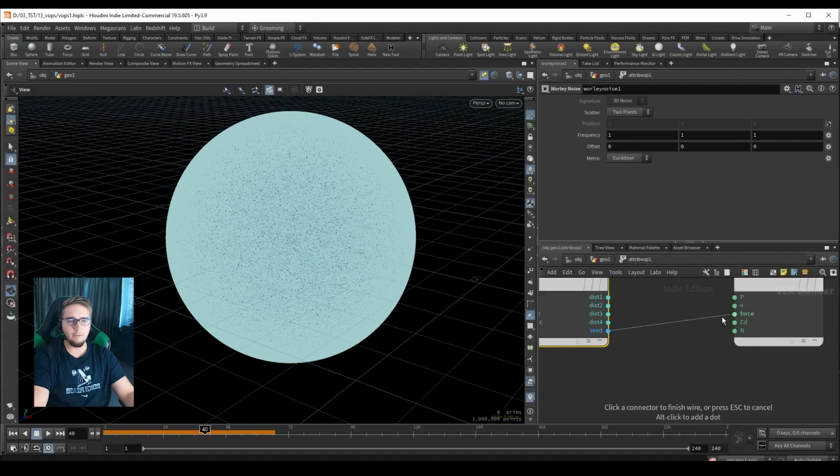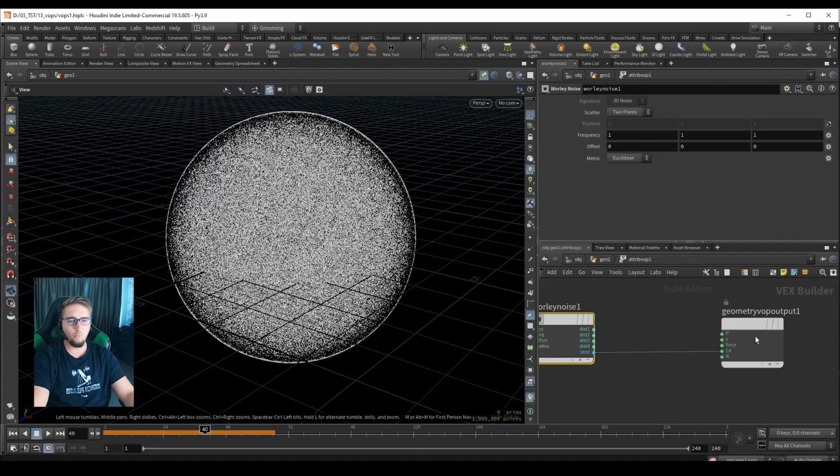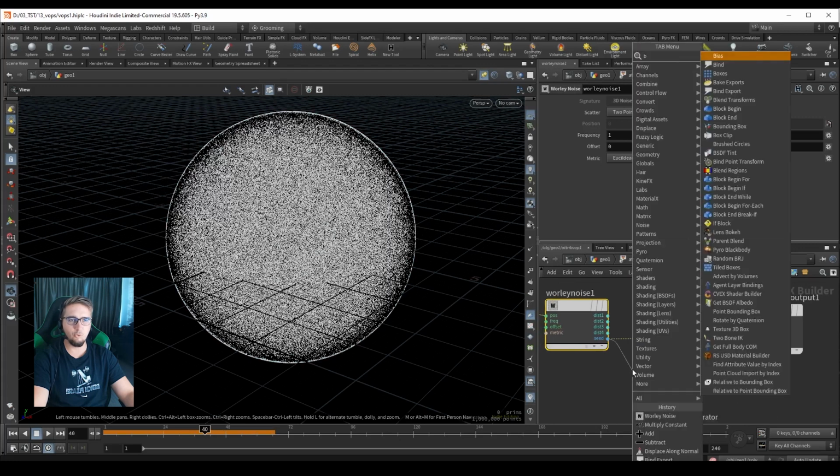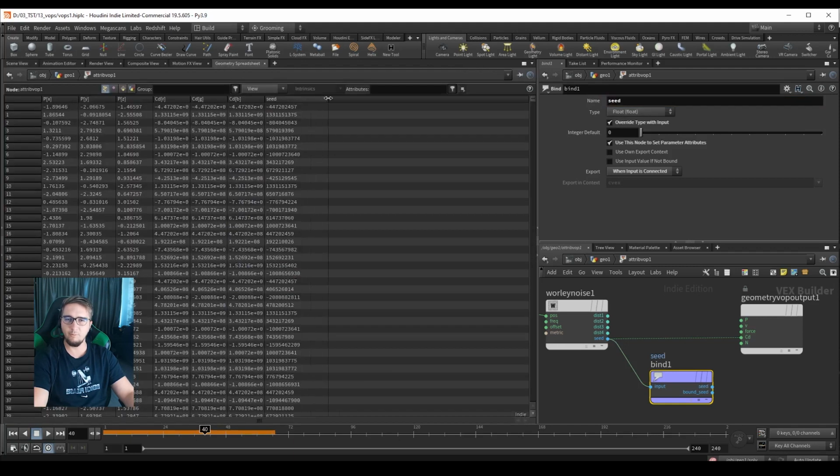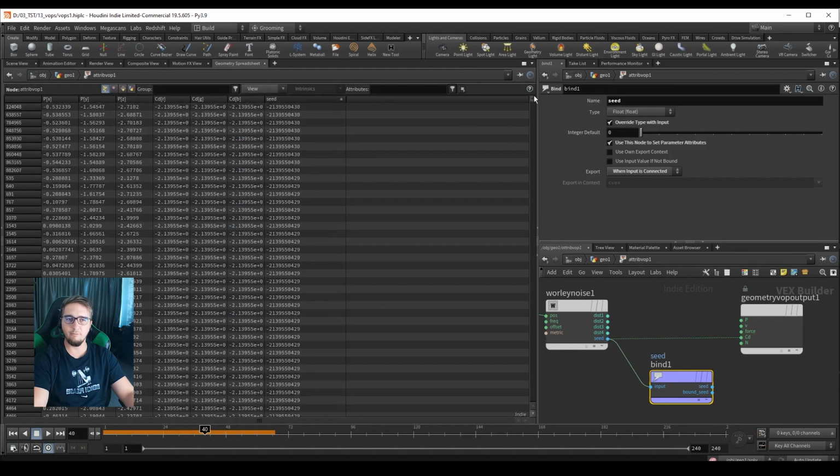So if I plug this in the CD as it is, we get a weird result, and this is because if I do a bind export and I export this to a value and I will just name this seed, we can go in the geometry spreadsheet and we can see that by default these seed values will be really super high values. So we are working with like hundreds of millions. So this isn't really that useful for us in this format,